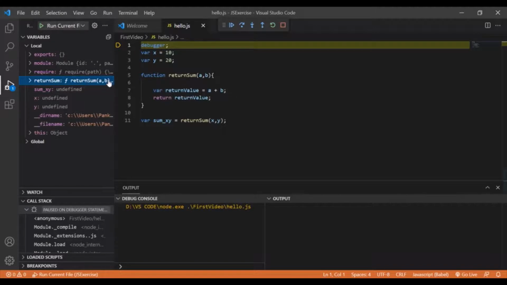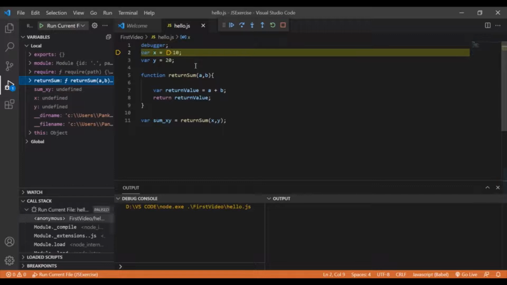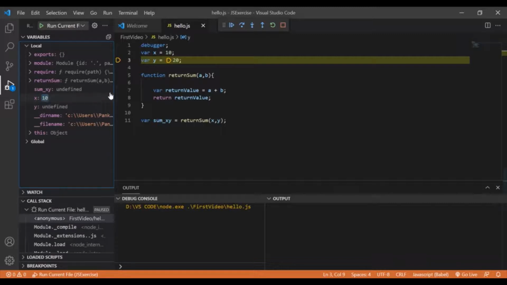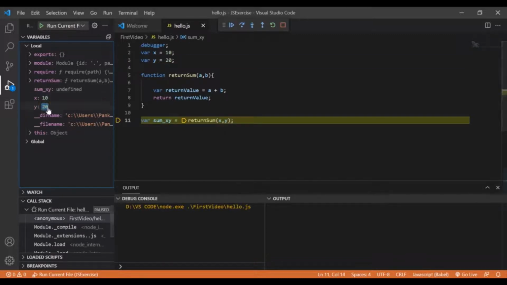Now, once we resume the execution, it will start the code execution phase and execute the code line by line. We will execute this line by line using F10, or F11, let's say. So it will come to here, and it will check that this 10 value has to be assigned to this variable. If I click on next, you can see the variable has been assigned the value 10, so x equal to 10 in the memory component. If I click on next, it will assign the value of y as 20, and then the control is passed to this line.